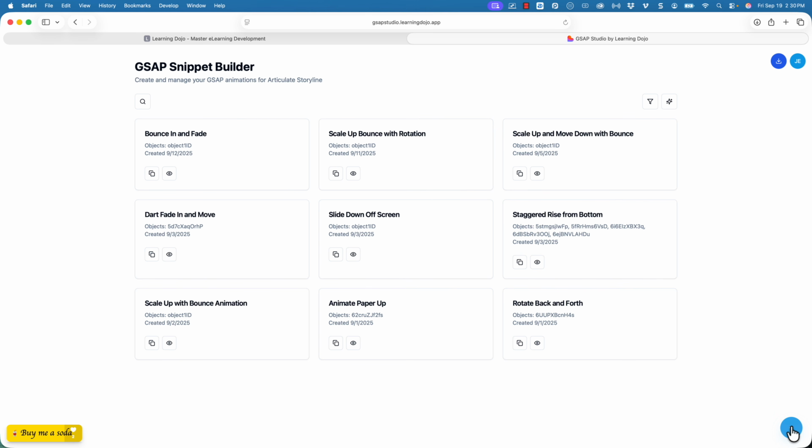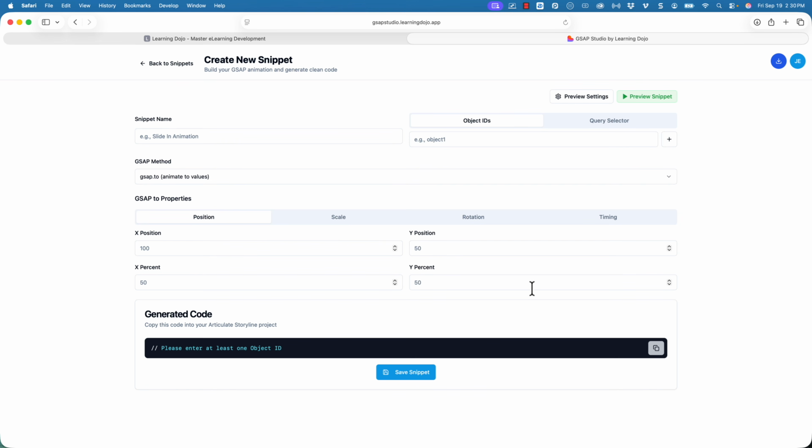To create a new snippet, all you have to do is come down to the bottom right-hand side and click on this plus icon. Now, this is very similar to my old application, where you can come in and select different settings, and then copy and paste the code into Storyline. But with the old application, it did not save anything that you created. So if you created something new, you would have to go in and recreate and adjust the settings. But if you find something that you like here, you basically just save it as a snippet, and you can come back to it,